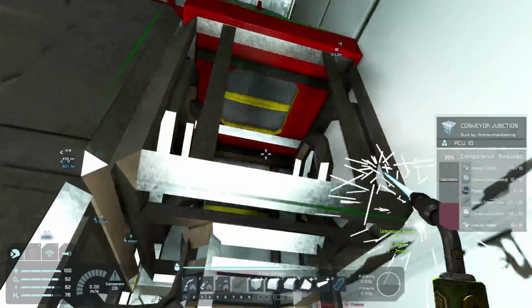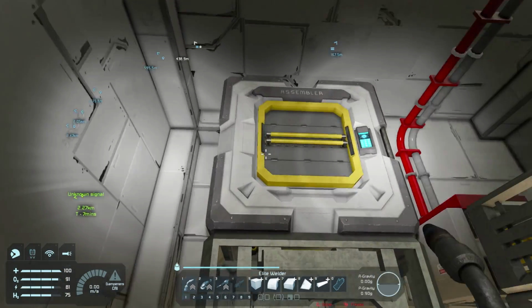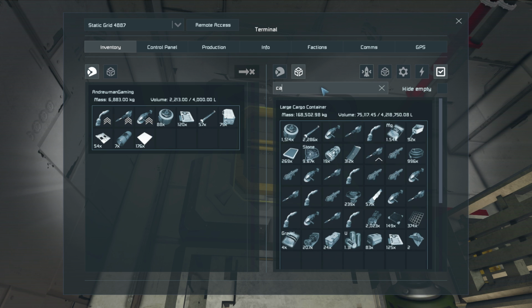This right here. We need to make this one block. And now it should have sorted. It should have dragged everything from here. Yeah, you can see it's dragging everything from here to the cargo container. So if we go and look at the cargo, you'll see that...